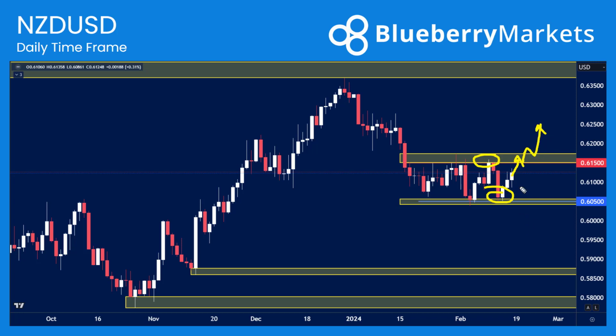Are we going to breach and move higher? Are we going to hold and trade back towards the range lows? So that's something to consider this week. Price may obviously just drop towards the 0.6050 if the dollar does begin to strengthen again. So I'll be watching to see, do we get any kind of breakout of this range? Ultimately, price could remain fairly range bound going into this week.